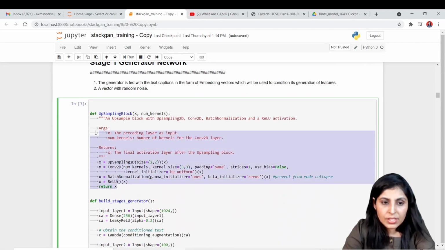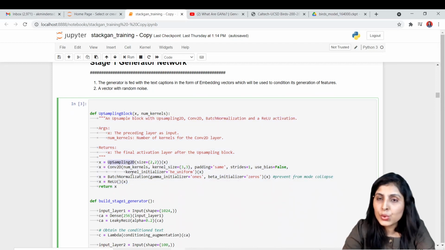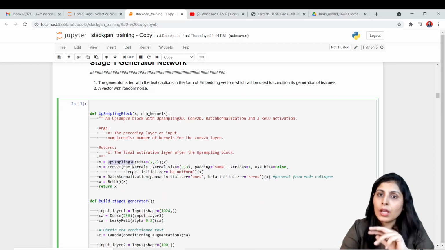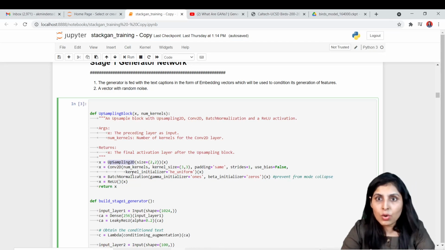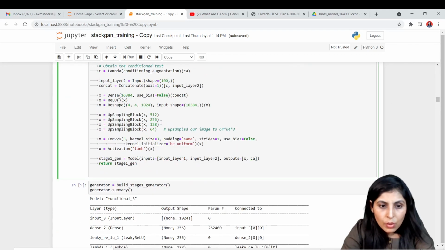So guys, remember, this is the upsampling 2D function which we have created above, and what we are using over there is upsampling 2D. Whenever you apply upsampling 2D, it will double the size of the image. So if the image size is 4 into 4, it will double, becoming 8 into 8. And if you apply upsampling 2D on the 8 into 8 image, it will again double, becoming 16 into 16. I'll show you all these things now. Over here we have performed upsampling many times, and finally you will get the 64 into 64 into 3 image.